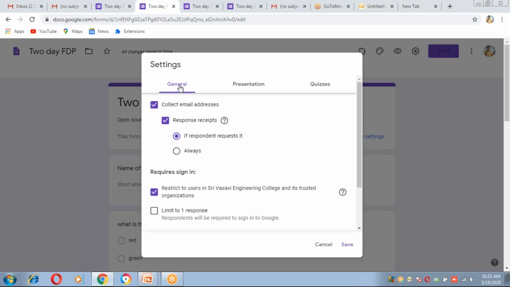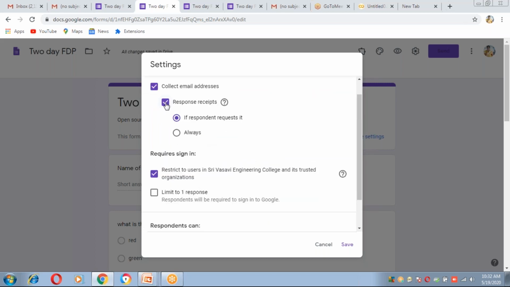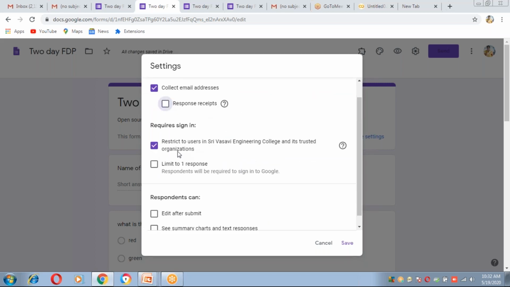Some settings. See, in the settings button, there are 3 tabs: general, presentation, and quizzes. In the general tab, there is collect email addresses, and response receipts. Suppose we click on this one, what will happen?